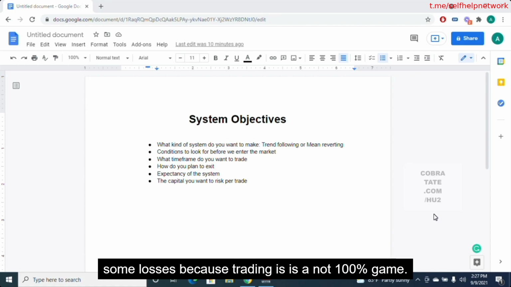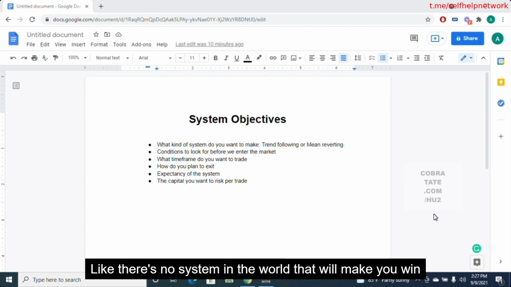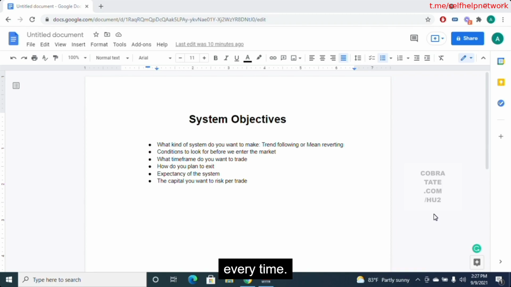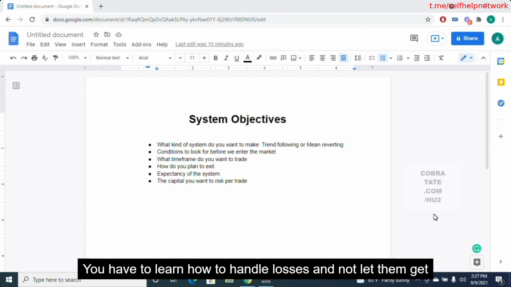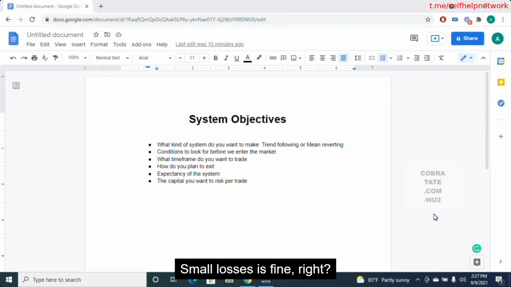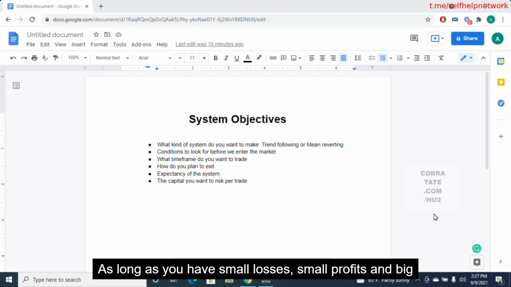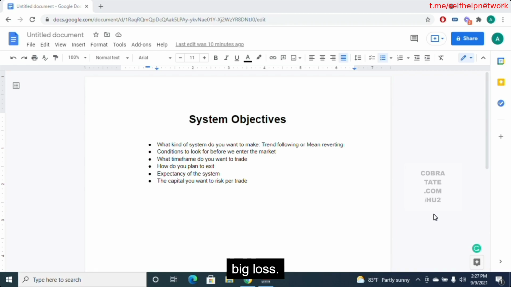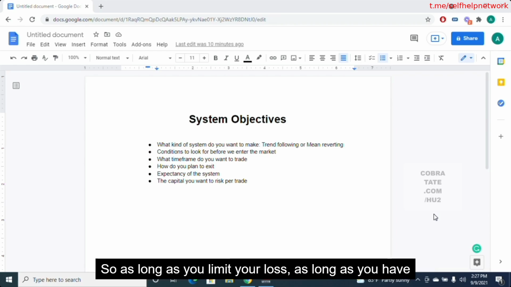Because trading is not a 100% game. There's no system in the world that will make you win every time. You have to learn how to handle losses and not let them get out of control. Small losses are fine, right? You will survive in trading as long as you have small losses, small profits, and big profits. The only thing that will make you go out of business is a big loss. So as long as you limit your loss, as long as you have chips left to play another day, we're